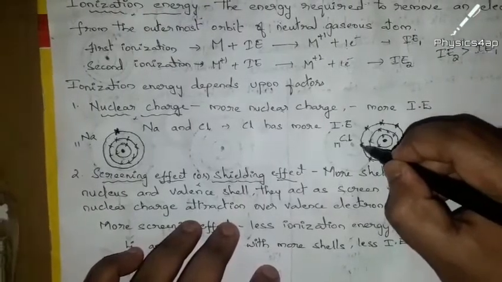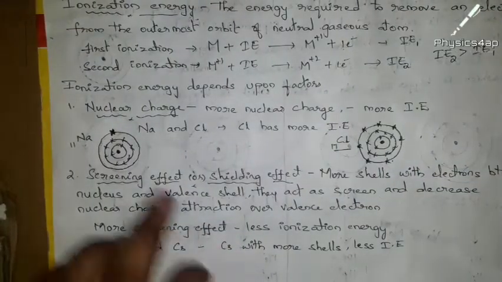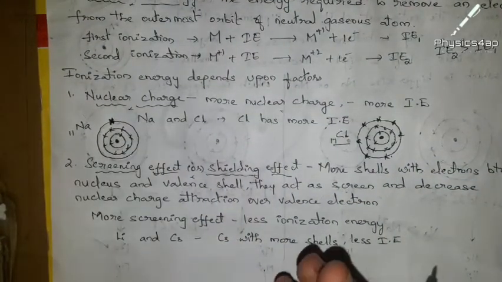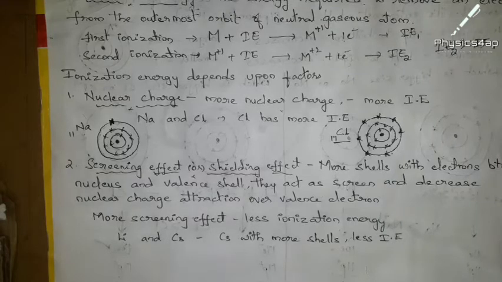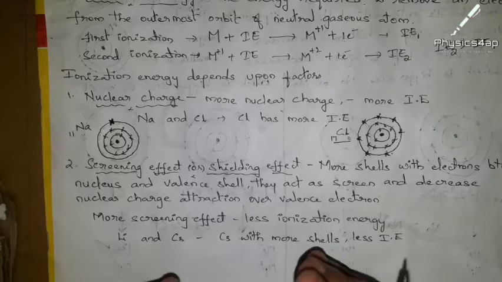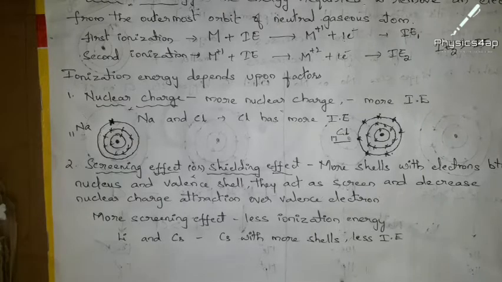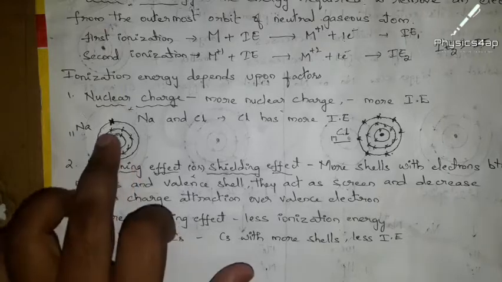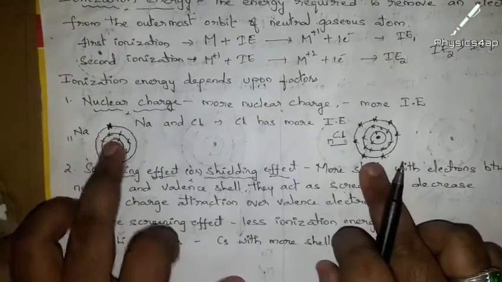Now, nuclear charge, in our easy language, is nothing but unity. Like in our lower classes we heard the story of the cows and a tiger. If all the cows and the bulls are united, the tiger cannot come near. But if they are individually divided, like a diversity, then one becomes weak and the group becomes strength. Have you understood what I am saying? The one becomes weak, so there is no need of much energy to remove an